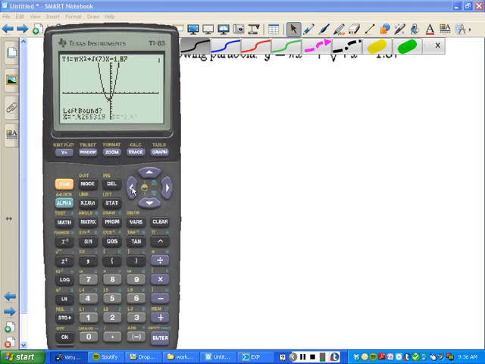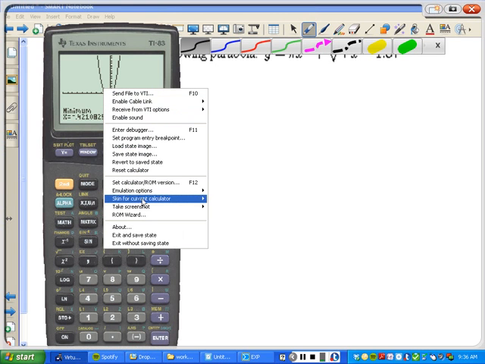Press enter. It'll ask you for the left bound. Press enter. Now, make sure your cursor is on the left-hand side. There's the vertex. Make sure your cursor is flashing to the left of that. When it is, press enter. It'll ask you to move to the right bound. Press enter. And then guess, you can always just press enter on guess. And that'll give you a vertex of negative 4.21 and